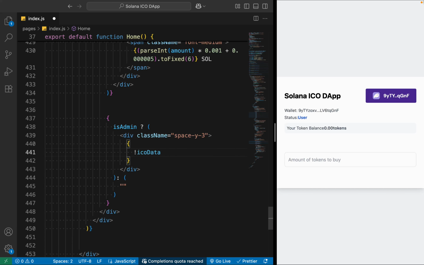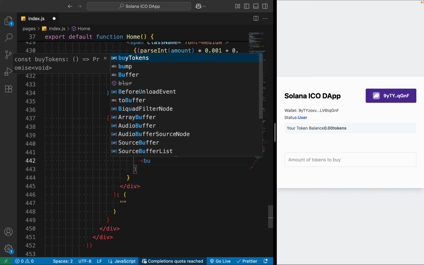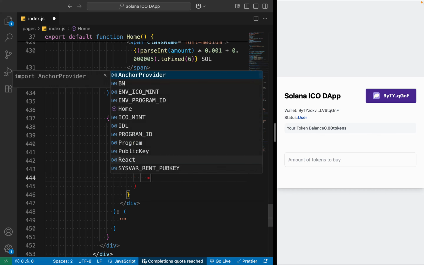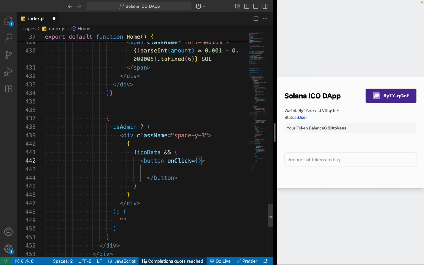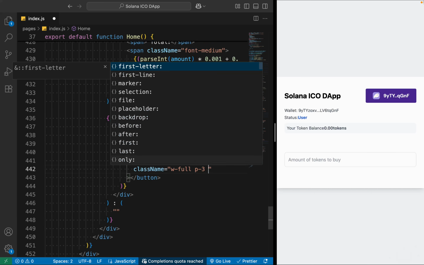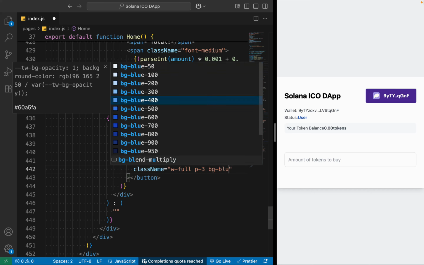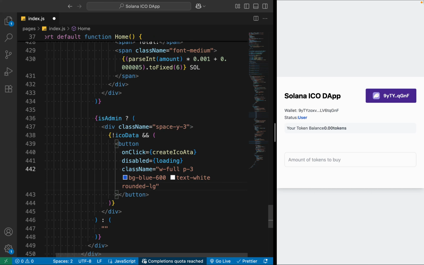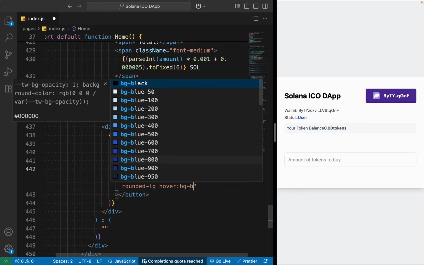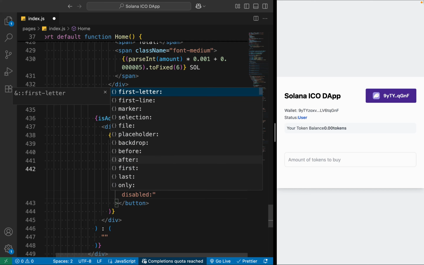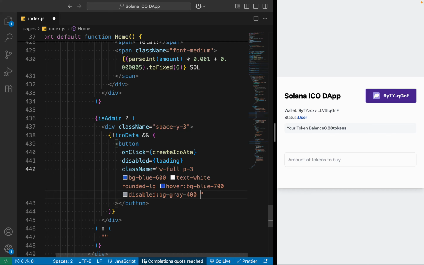So we'll say if contract detail is not there, then we have to display this particular button. Let's close this one. Let's add an onClick, in which I can say create ICO ATA. It will have the other property called disabled, and we're going to call this loading. It will have the classes width full, padding 3, background blue, text white, rounded. On hover effect, we can say background blue 700, and disabled background gray 400, transition